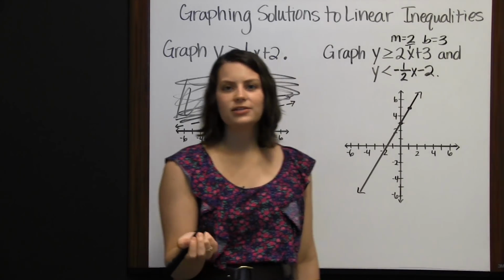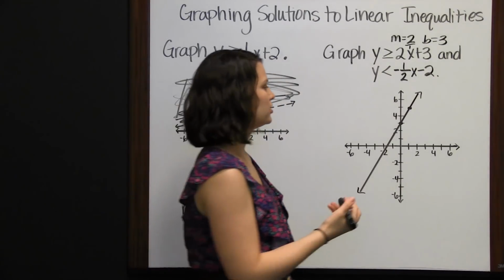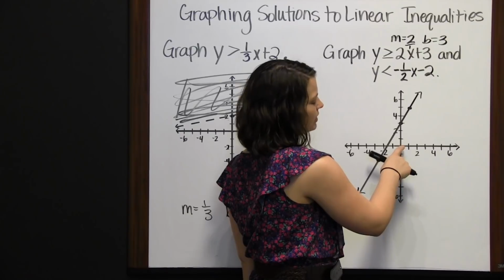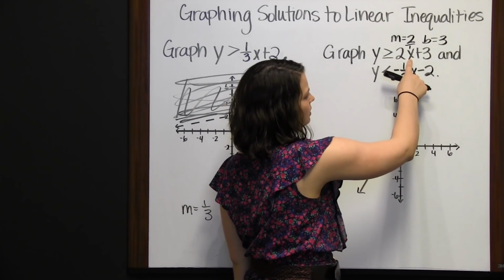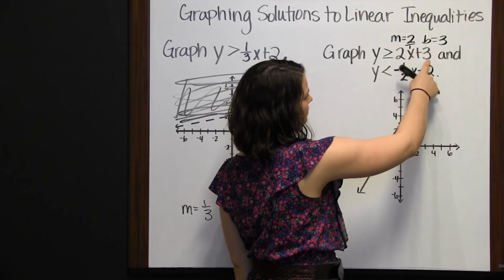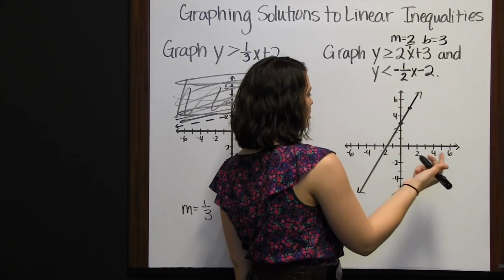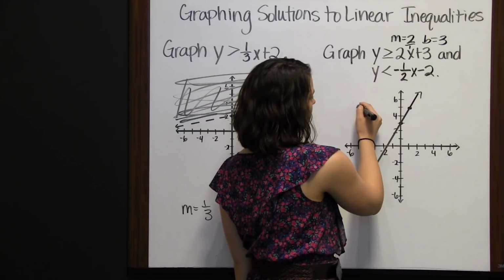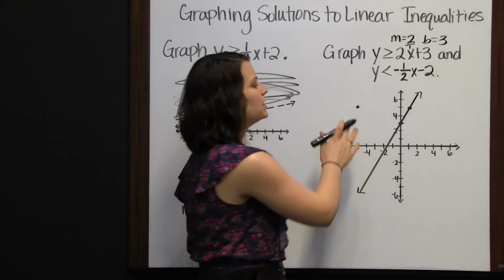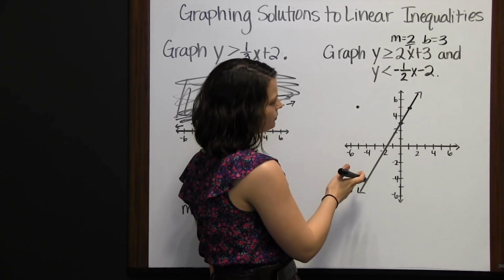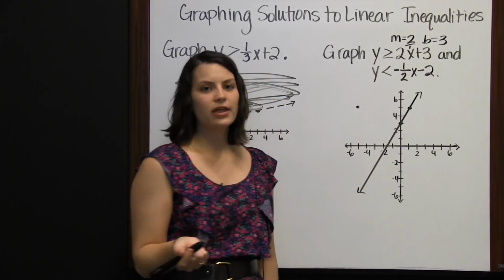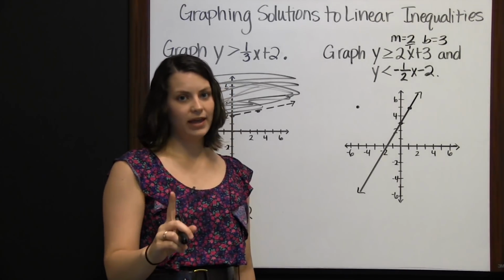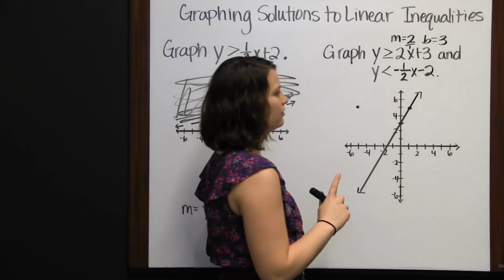And there are a couple of different ways you can do the shading. One thing you could do is start by figuring out where you would shade for this line. So again, you could use that point 0, 0. 2 times 0 is 0, 0 plus 3 is 3. Is 0 greater than or equal to 3? No, it isn't. So for this line, we'd be shading on this side of the line. And we can put a little dot here just to remind ourselves. This is the side we'd be shading for this line. And then you can graph your other line and see where you'd shade for that one. Where they overlap is going to be the solution. And that's one way, and I'll show you another way when we're done graphing the other line.